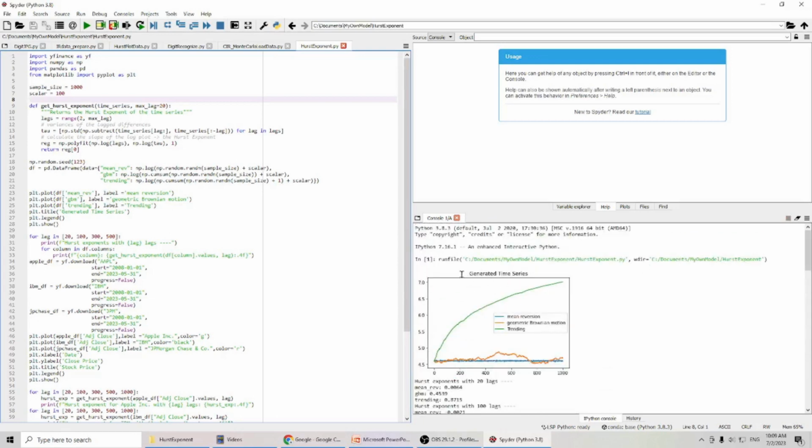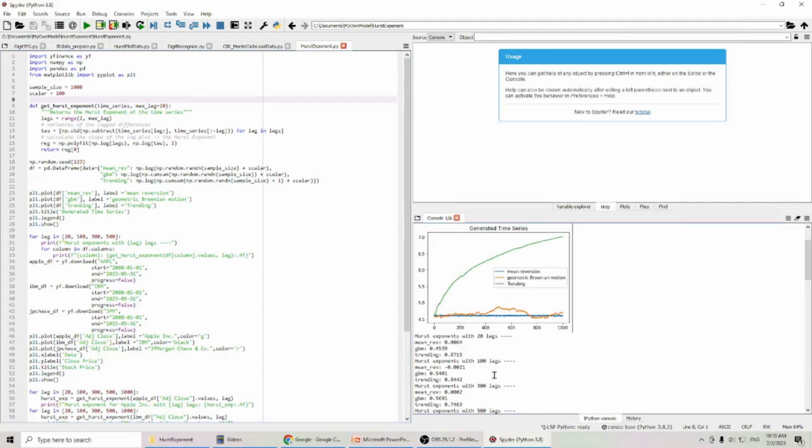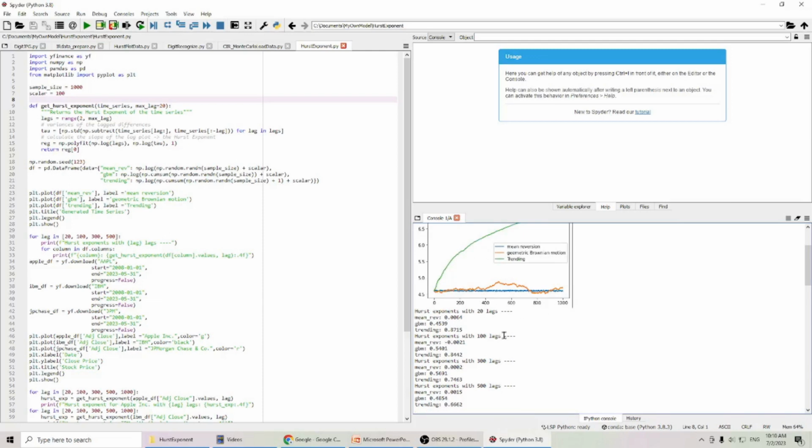You can see this is my generated time series. Now let's check out this green line. This is the generated time series for trending. You can see clearly this series keeps going up and up. And after I calculated the Hurst exponents with 20 legs, 100 legs, 300 legs, and 500 legs, you can see